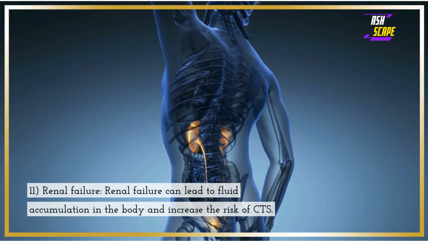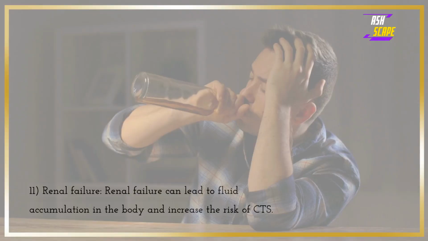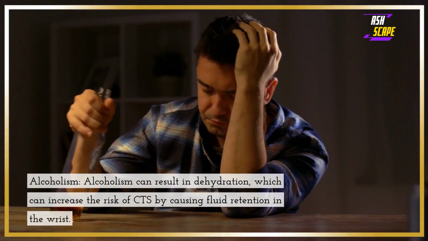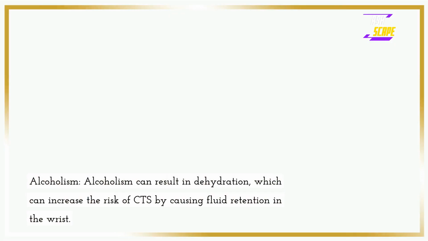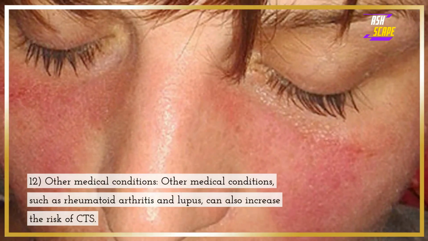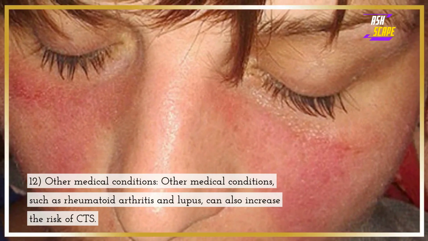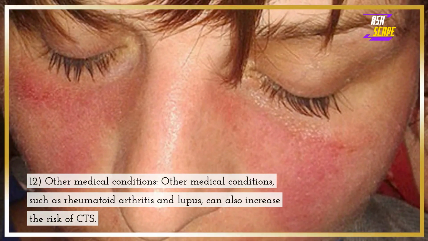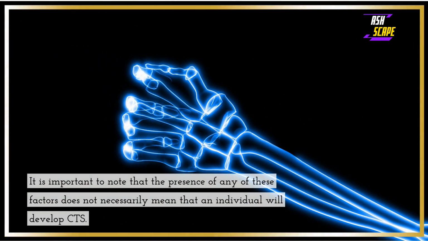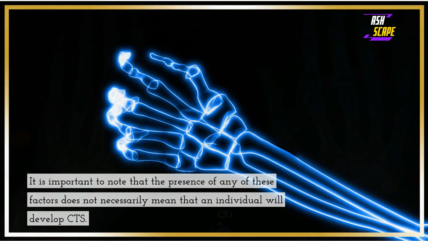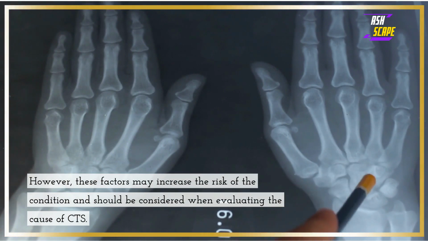11. Renal failure. Renal failure can lead to fluid accumulation in the body and increase the risk of CTS. Alcoholism. Alcoholism can result in dehydration, which can increase the risk of CTS by causing fluid retention in the wrist. 12. Other medical conditions. Other medical conditions, such as rheumatoid arthritis and lupus, can also increase the risk of CTS. It is important to note that the presence of any of these factors does not necessarily mean that an individual will develop CTS. However, these factors may increase the risk of the condition and should be considered when evaluating the